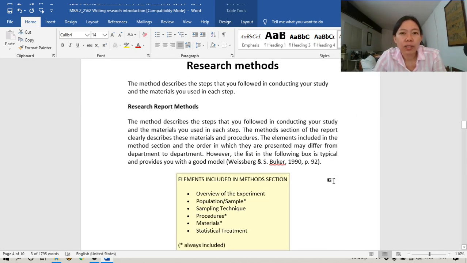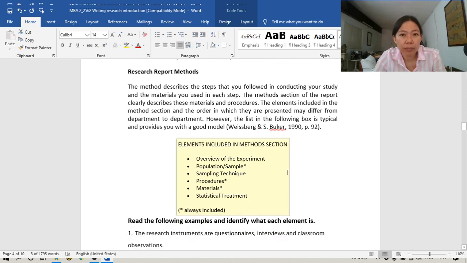In the research method section, we're talking about different elements that can be included in the research method. We can talk about the overview of the experiment, which is a short summary of the research itself. And then we talk about the population, the samples of the study, the research participants, and the sampling technique, how the researcher selected the participants, and the procedure or the process of the research, how the researcher conducted